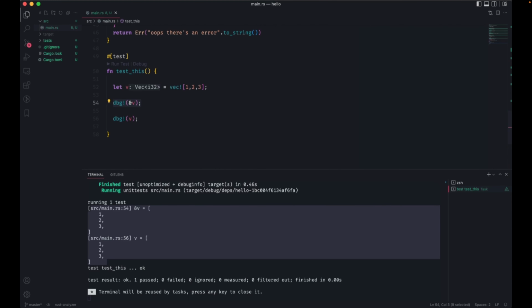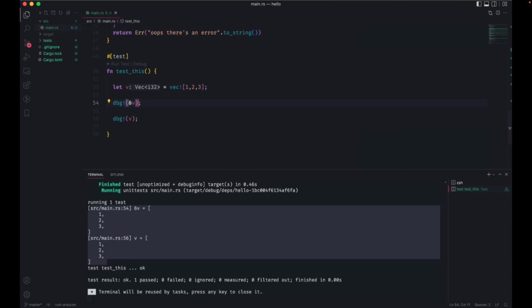But if I need to use it and then still have it back in the scope again, I'm going to lend it out. So the term is, the function underlying this debug macro is borrowing the memory. And it's doing that through a reference. It's doing that through what is a pointer. It's sharing the pointer to the vector.